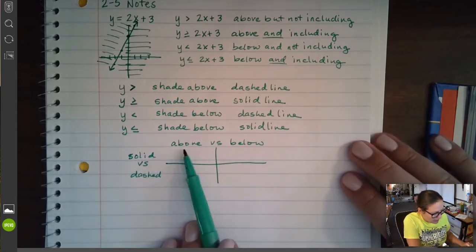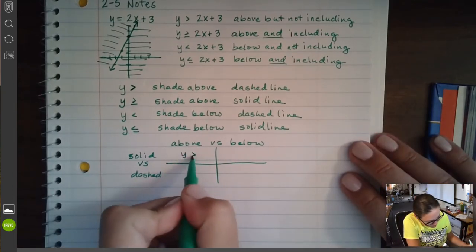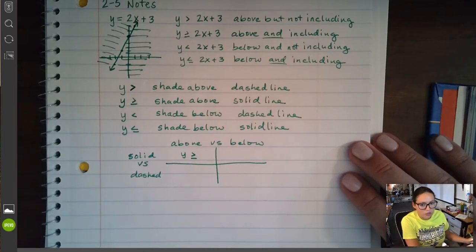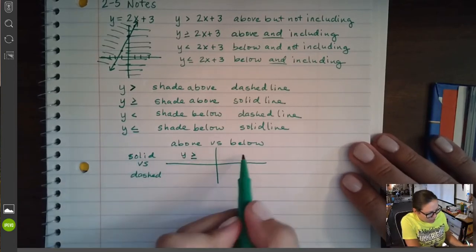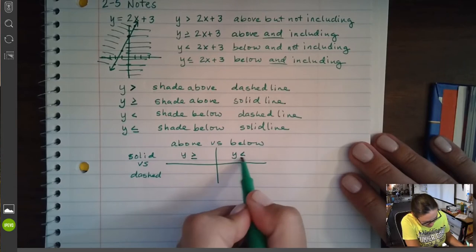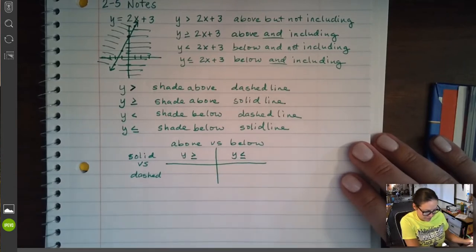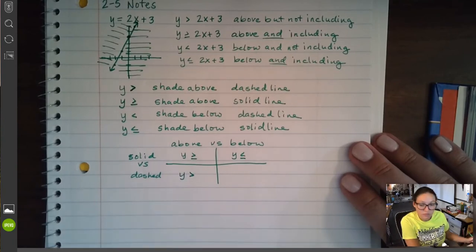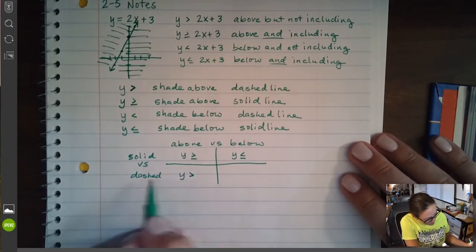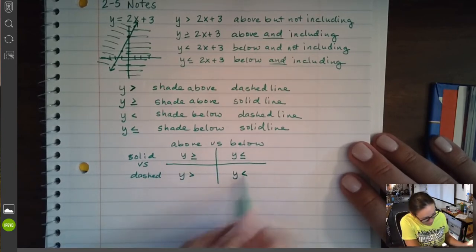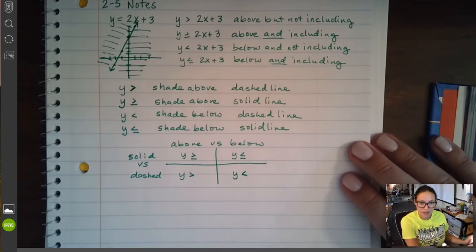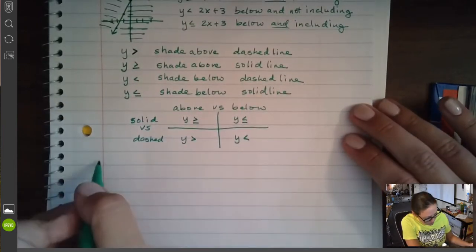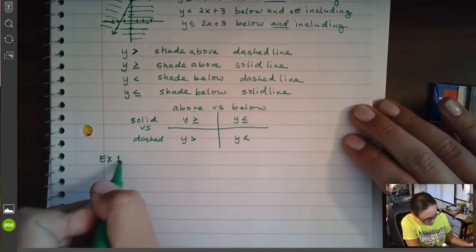So solid and above, greater than or equal to. Solid and below, less than or equal to. Dashed and above, just greater than. Dashed and below, just less than. Now, this might seem like a lot, but I promise you it's going to make more sense once we do some examples here. So, example 1,